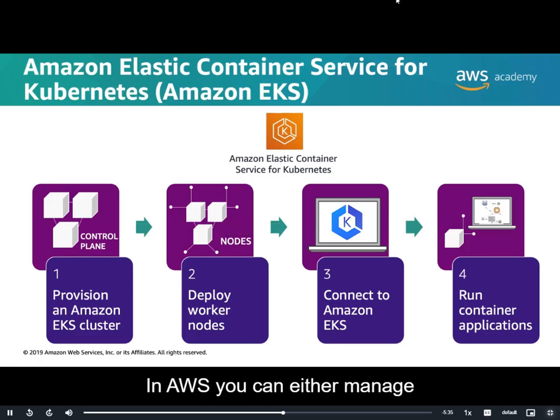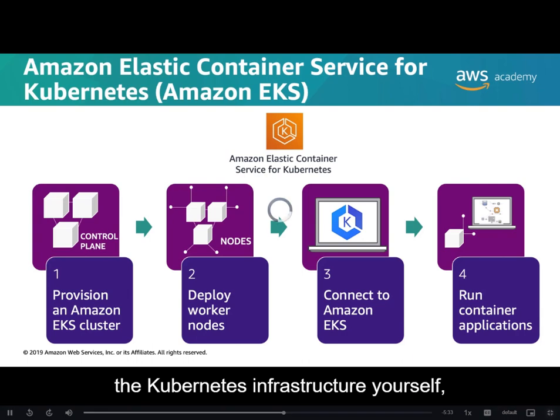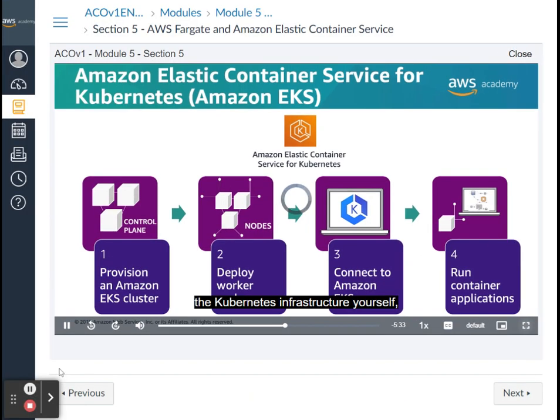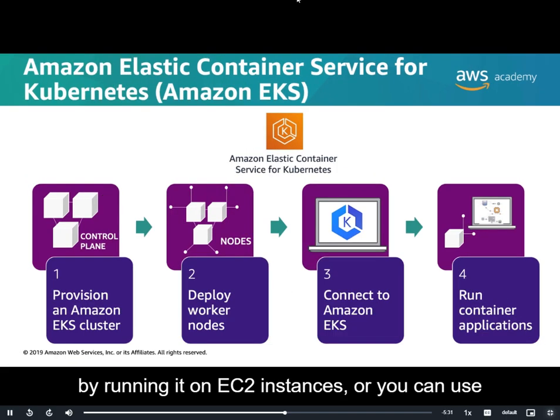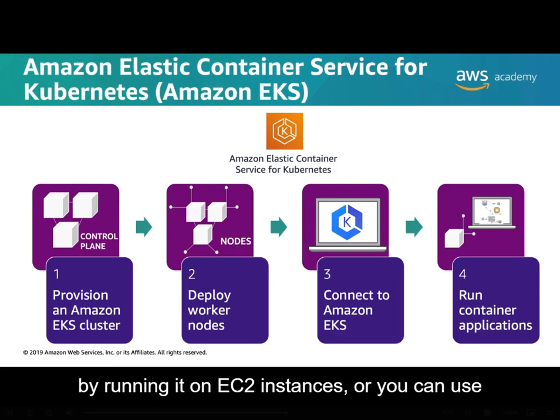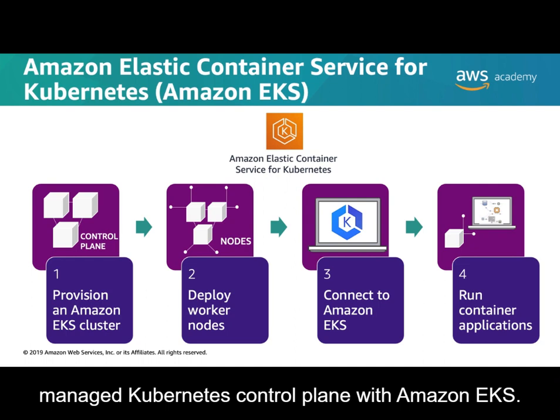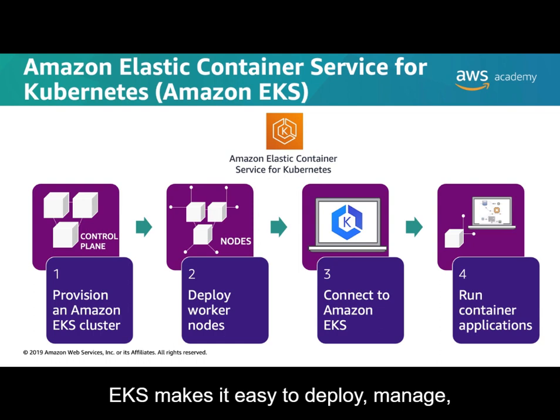In AWS, you can either manage the Kubernetes infrastructure yourself by running it on EC2 instances, or you can use an automatically provisioned, managed Kubernetes control plane with Amazon EKS. EKS makes it easy to deploy, manage, and scale